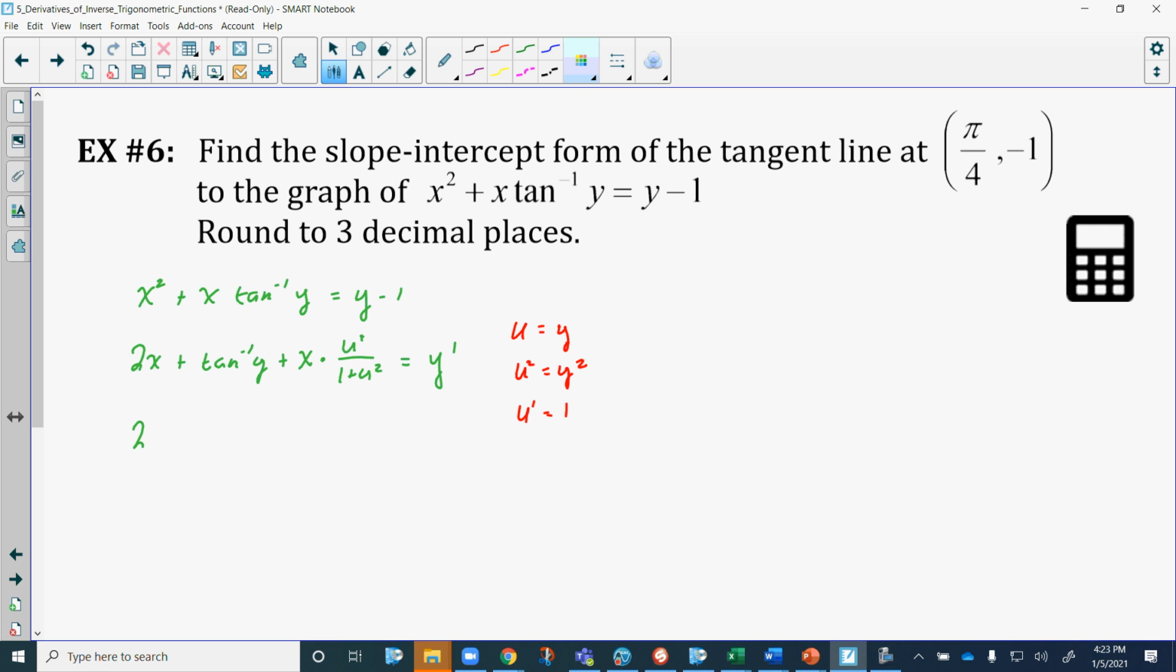So taking that, let's go back and substitute some things. So I'm going to get 2x plus tan inverse of y plus, so we're going to say the x times the numerator of u prime, which is 1, so it's just going to be x in the numerator here, over 1 plus u squared, which in this case is going to be y squared. Y squared is equal to y prime. All right, now with implicit differentiation, we want to get the y prime by itself, which